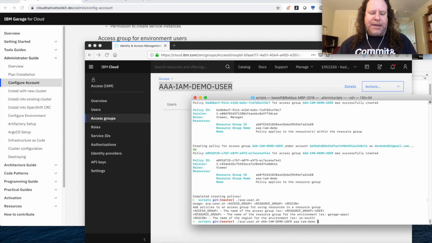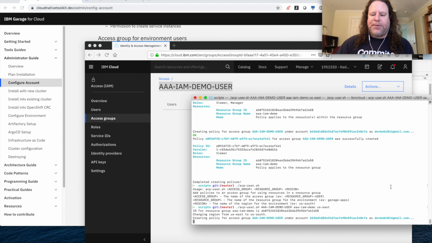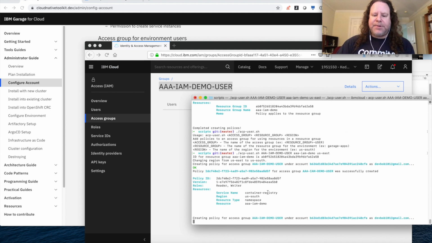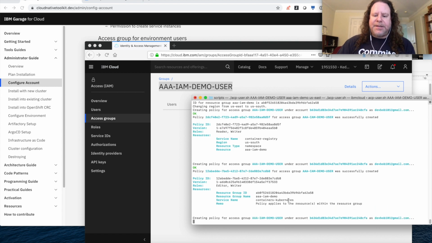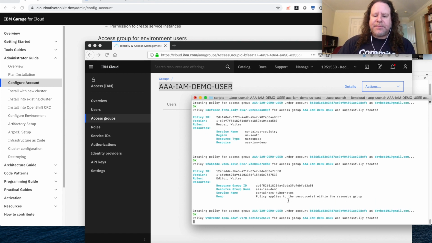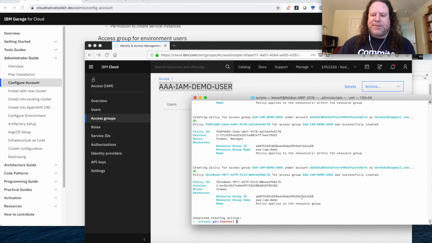And we need the name of the region, which is US East. And now when we run the command, what we're going to see is that it's going to set up 4 policies. It's going to add 4 policies to our access group. So the first one is for the container registry. The second one is for the Kubernetes service. The third one is for the resources in the resource group, and the fourth one is for the resource group